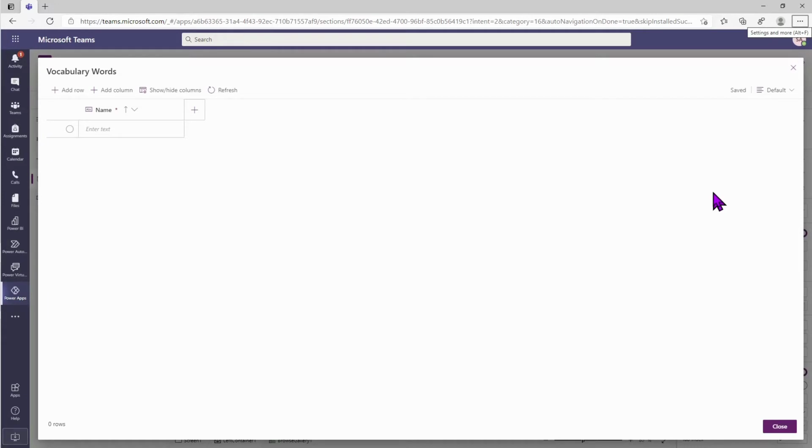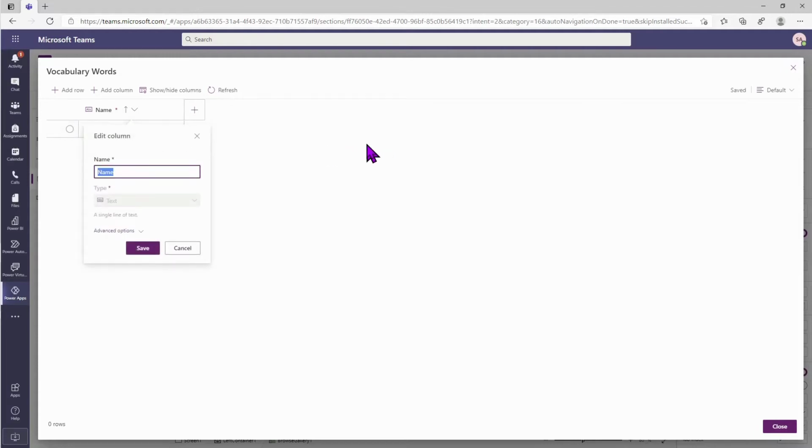Once the table is created, we'll land on a page where we can add rows and columns to the table. It starts with a column called name by default. We want it to be more descriptive, so we'll go ahead and click it and choose edit column. We'll call this word